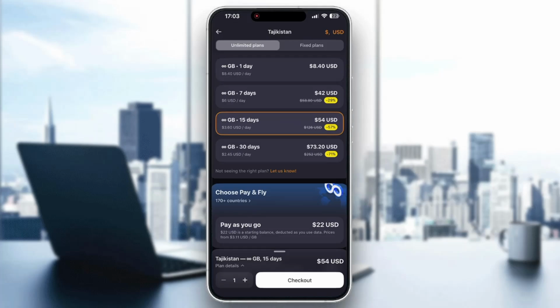And today guys, I'm going to be showing you how to purchase an eSIM for Tajikistan. This is a very simple thing to do and we can accomplish it using the